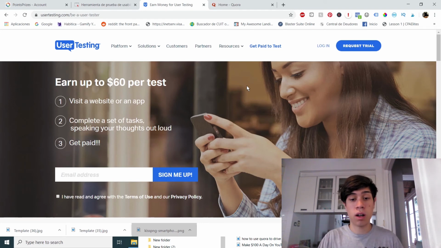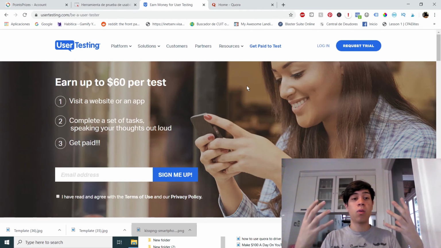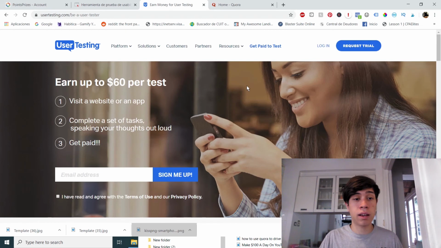Because what I'll do is, once I get accepted to usertesting, I will hustle on this one and gather a lot of money. Then when I have made a lot of money with this platform, I will start a business like affiliate marketing, drop shipping, or some other business model which requires more capital to start, like forex investing.